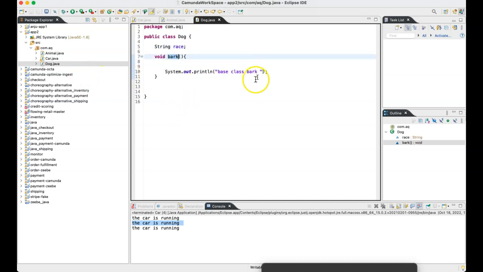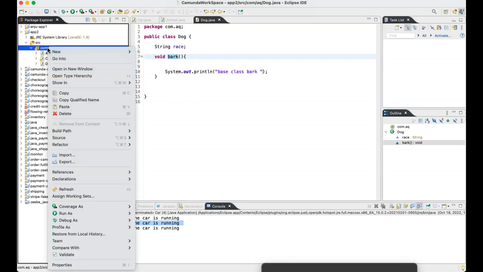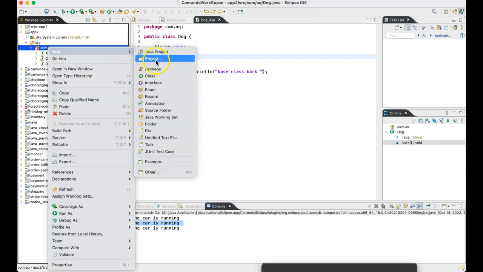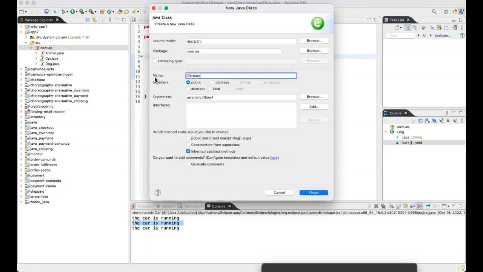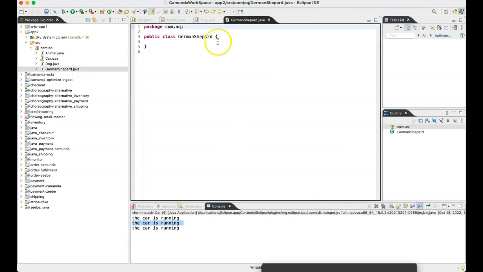Now I can create one more class on top of this, a new class, and I can say German Shepherd. I can call this class German Shepherd. Is German Shepherd a dog?